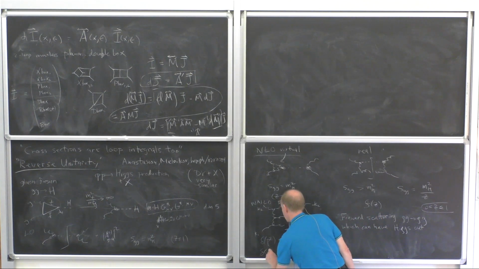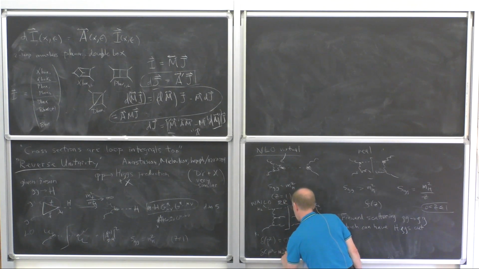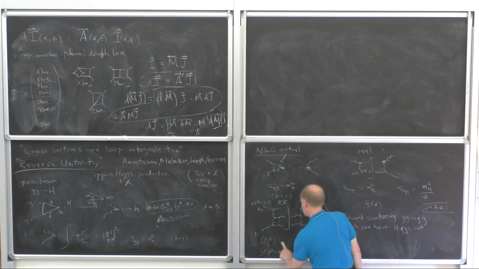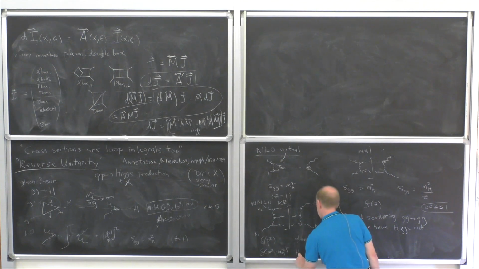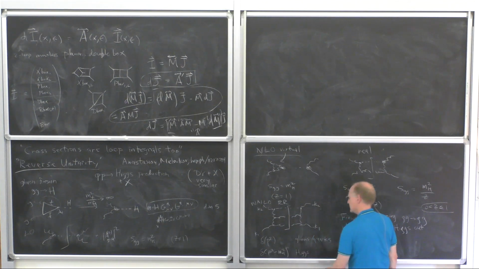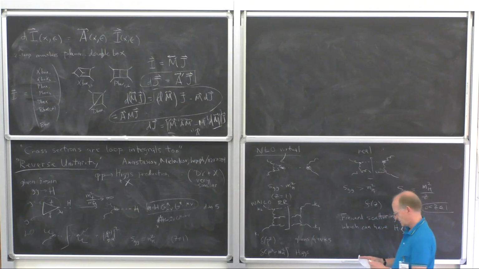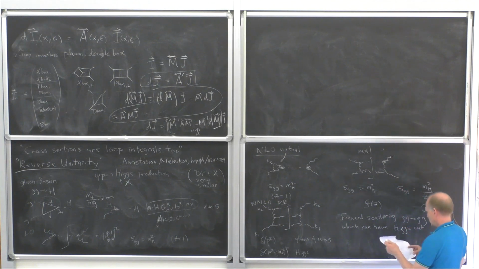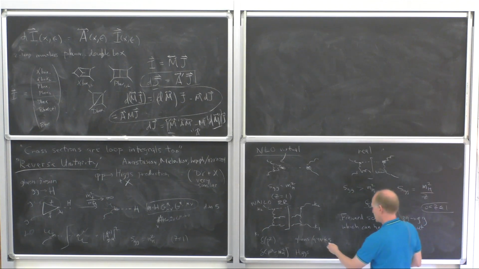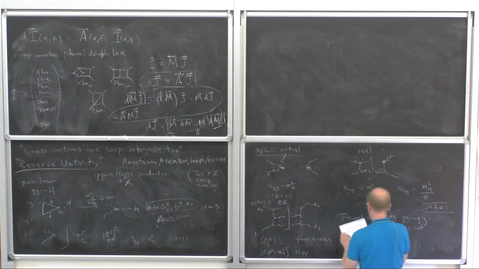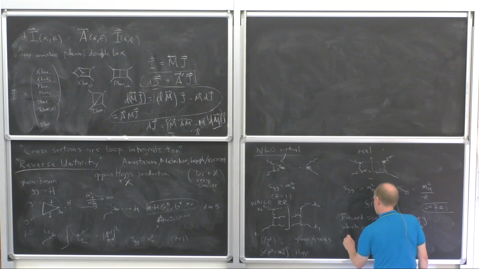And delta p squared minus mh squared for the Higgs line. But maybe we can treat these delta functions a lot like propagators. In fact, there's a formula